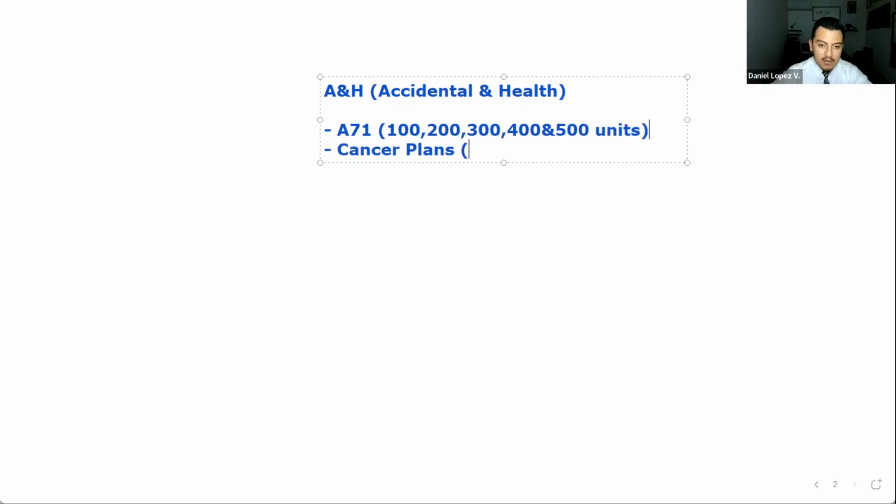The cancer plan, we have 30 units, 20 units, 15 units, 10 units, and I believe 5 units. Now the units is just the coverage we offer. The bigger the units, the more coverage we offer. I'll do it backwards so it can be the same. The more units there is, the more coverage they get. We also offer an H34. We're gonna go over what all that means.